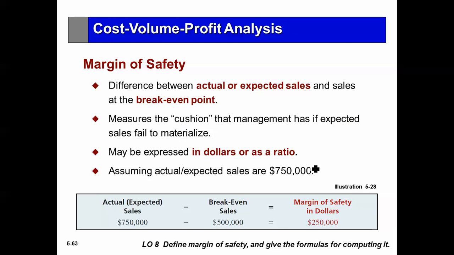The last concept, margin of safety. A company will know what its break even is and will know what it's actually selling or expects to sell. And that margin of safety is the difference between what they're selling and what they need to break even. That is, hopefully they're selling more than they need to break even. Therefore, they have a cushion. And the size of,